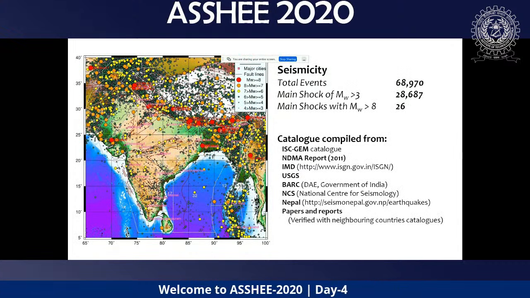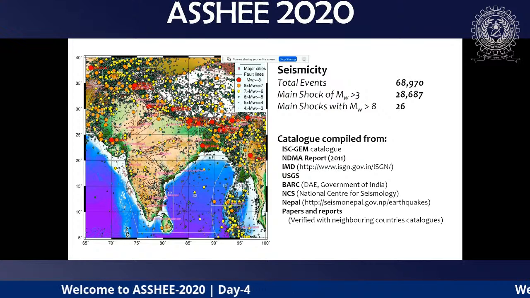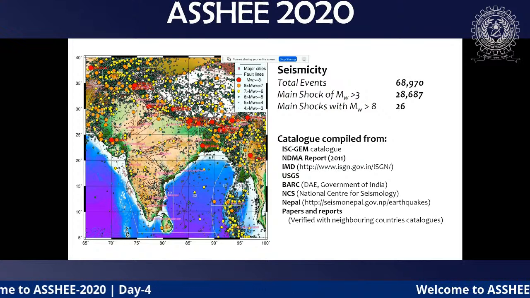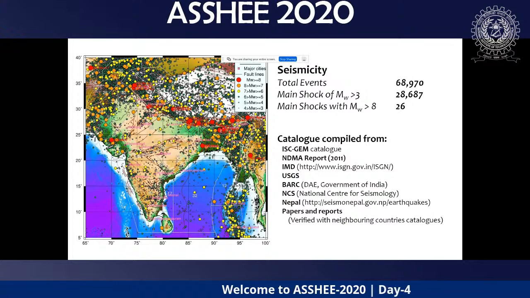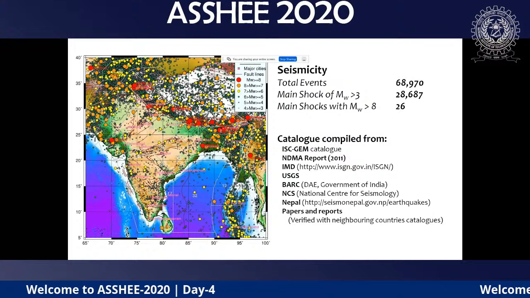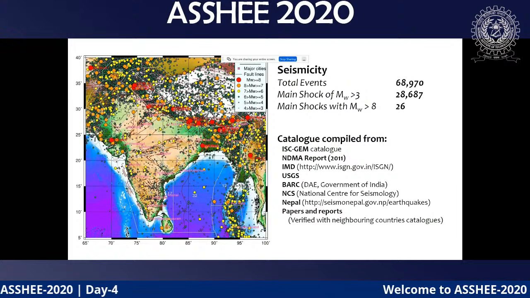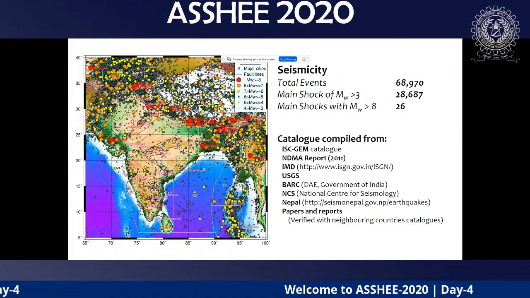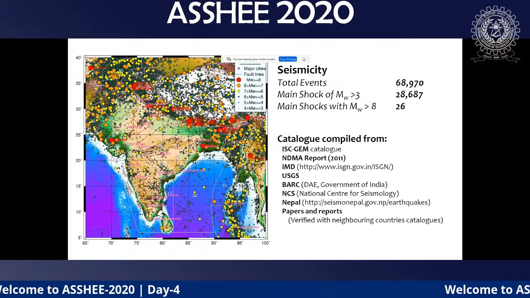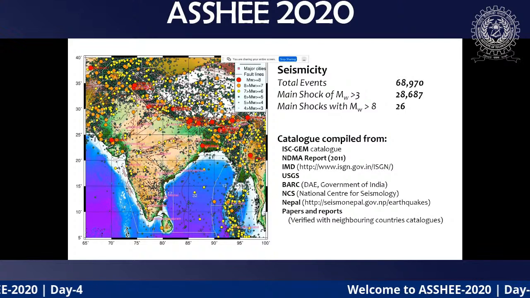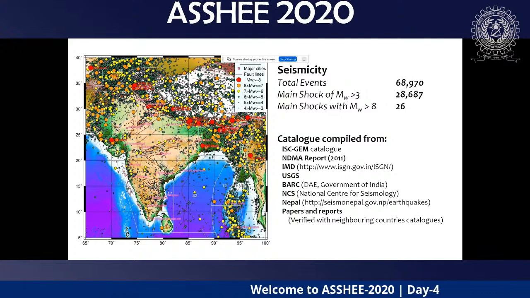Now coming to the seismicity, all the historical events have been documented in my previous NDMA report, and that earthquake catalog is available online. Anybody can download it. Now the committee felt that we have to include the ISC-GEM because they have revised the epicenters and magnitude calculations, to compare with those catalogs also. Then IMD, the Indian Meteorological Department, has their own catalog. Then USGS, BARC, our atomic group, also runs some micro-earthquake surveys. They also give epicenters. And then NCS has come.